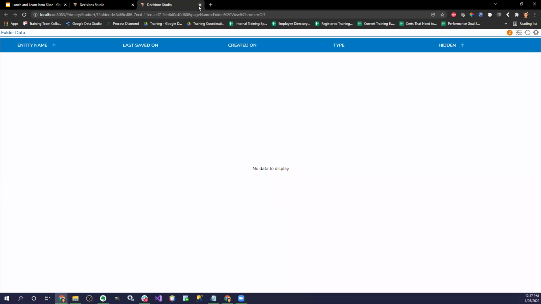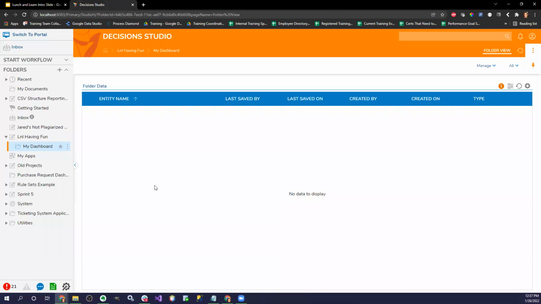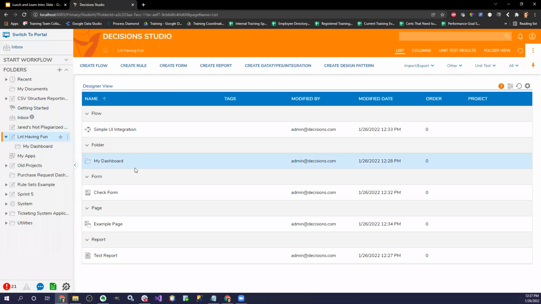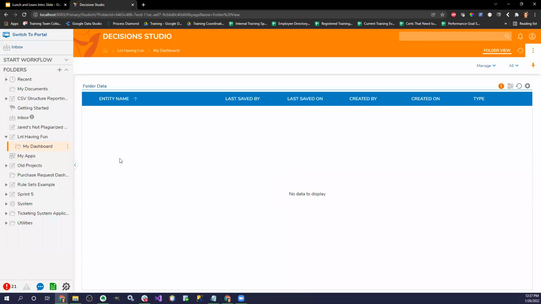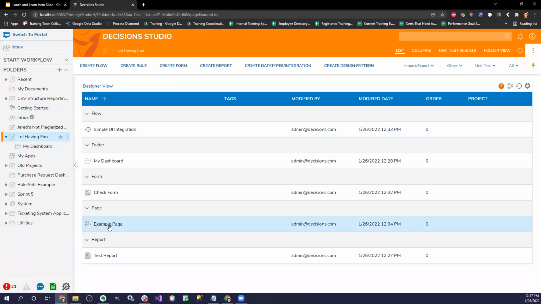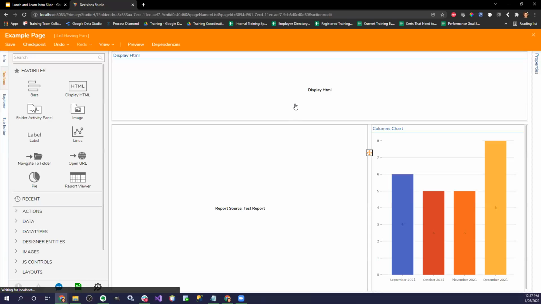And once I do this, now when I go back into my dashboard, I should be able to see this information now. Perfect. So now my dashboard, as you can see, it has that association removed. And now I can do some more troubleshooting and figure that integration out. So let's go back to my example page.